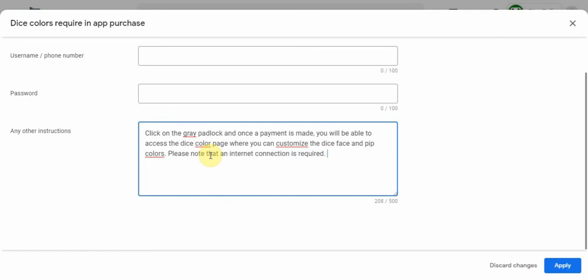That's just simply because if you have an in-app purchase, it does need the internet to be able to verify if somebody actually has that product. Once you're happy with what you've written,